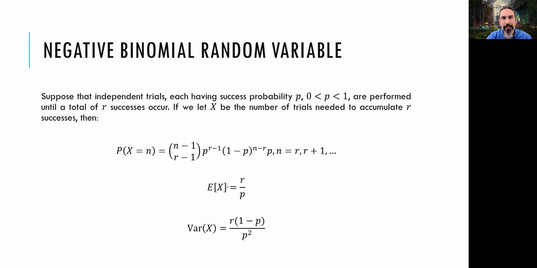From here, we can just find the expected value, which is going to be r over p. As you can see, with the geometric random variable, it was 1 over p. Now we are looking for r different successes instead of 1 success, so it's r over p. It's very relatable. And the variance is r times 1 minus p over p squared, which is the same as the geometric random variable except with the r part, of course. So this is negative binomial. We can see lots of different applications of this one as well. I would advise you to check the book so you can see the problems in there.